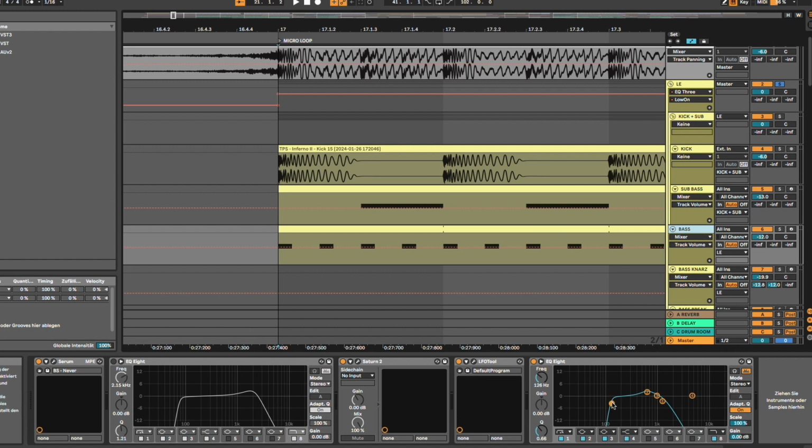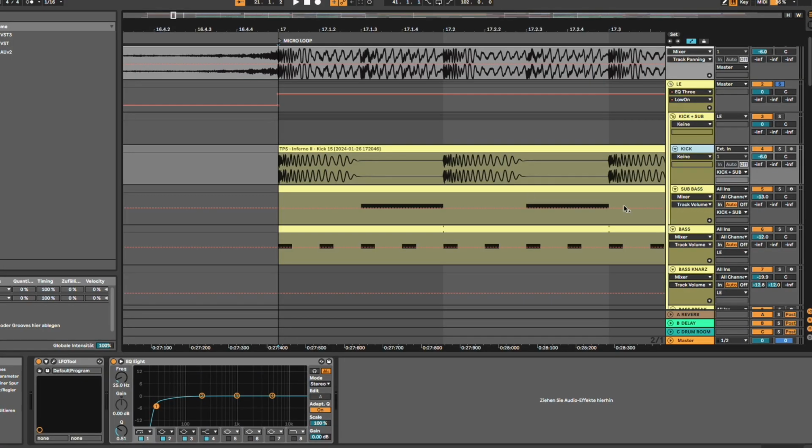So you see I've cut it up to 126 Hertz. In this case, that's where it should sit. That's where it doesn't interfere with the sub bass and the kick too much, but still has a little bassy sound. And all the low end belongs to the kick, which I also cut here at 25 Hertz, as you